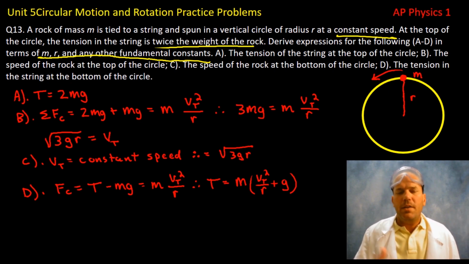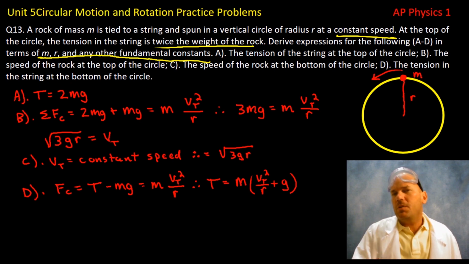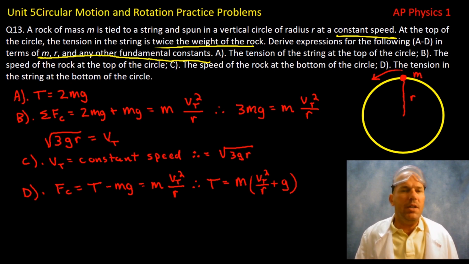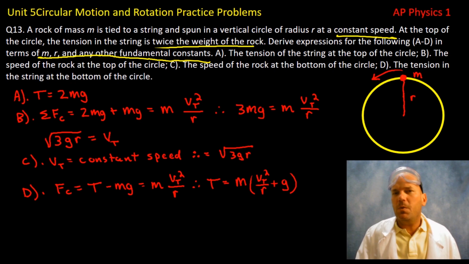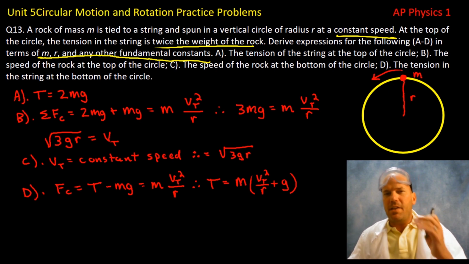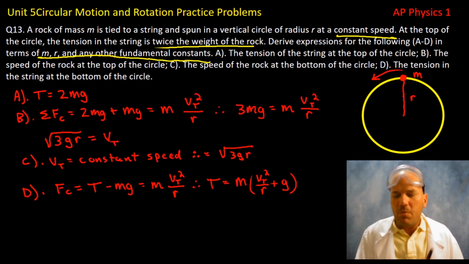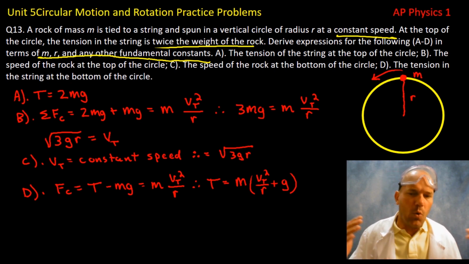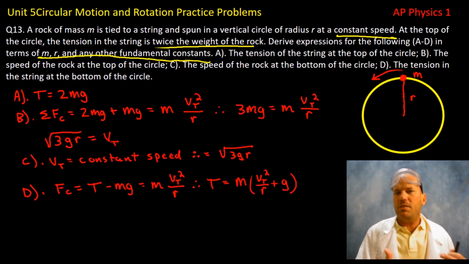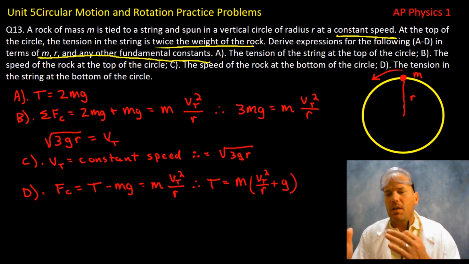We know that we're subtracting the force of gravity mg, so we can set the force of tension capital T, and by adding the force of gravity to both sides and factoring out the mass, we end with this expression